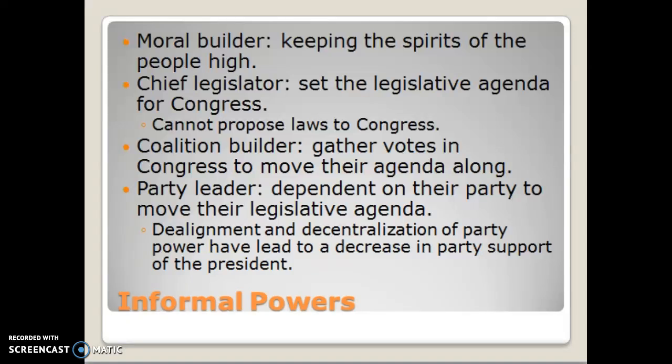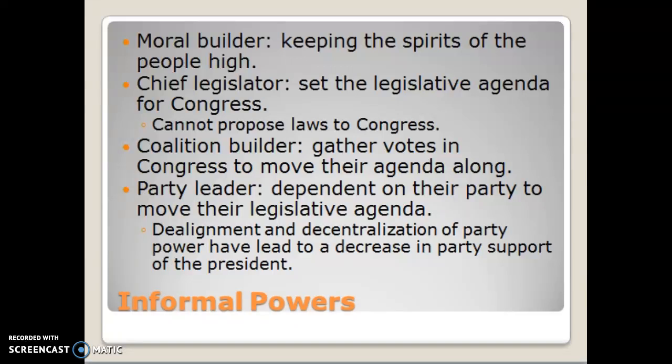So for Trump, it'll be very important for him to push his agenda quickly because his houses are likely to change. And coalition builder fits in with the chief legislator part. He needs to gather votes in Congress to move his agenda forward. Like Obama was able to put together a coalition with the Affordable Care Act, Trump will need to be able to put together coalitions to move forward with things that he has proposed. So it's about setting your legislative priorities and then moving forward from there. Oftentimes that means compromising with the other side,